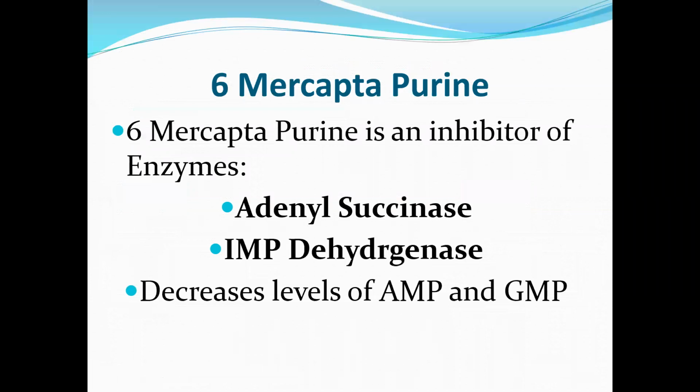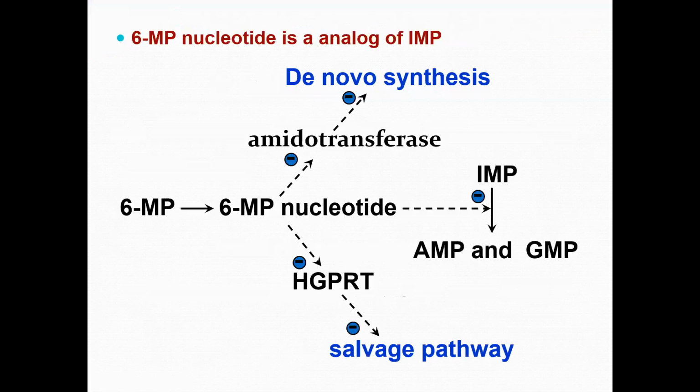6-mercaptopurine basically inhibits the adenylosuccinase enzyme and IMP dehydrogenase enzyme, and it decreases the level of AMP and GMP in the cell. So this 6-mercaptopurine basically inhibits these enzymes, amidotransferases and HGPRT. If some of you studied earlier about monoclonal antibody synthesis, then you should be aware of this HGPRT, hypoxanthine